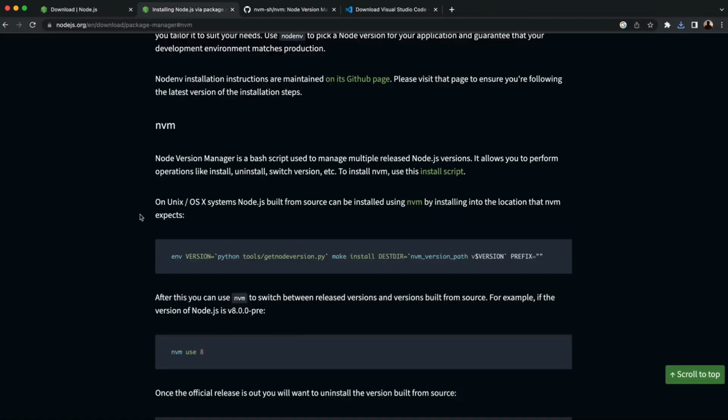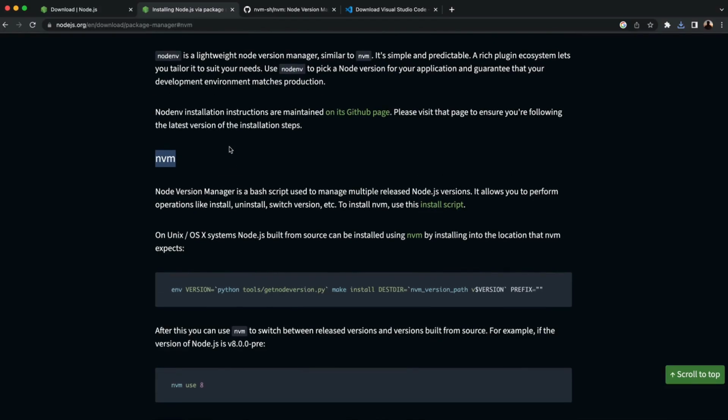Another way is to download it via the node version manager. Suppose you are on Ubuntu, you can do the same thing. You can download a node installer and then install it, or alternatively you can install NVM, which is node version manager, and then via NVM you can install a particular version of node, which is recommended. To download using NVM, you can move to this site, basically the package manager of node,